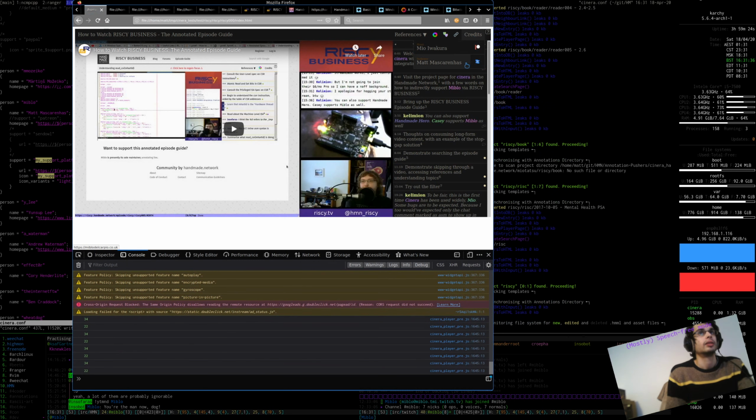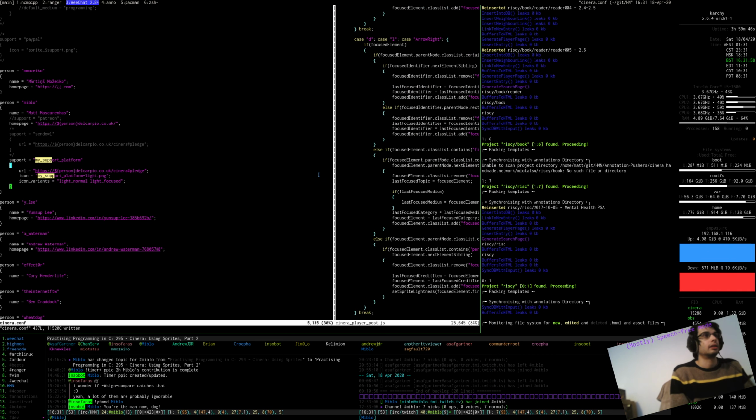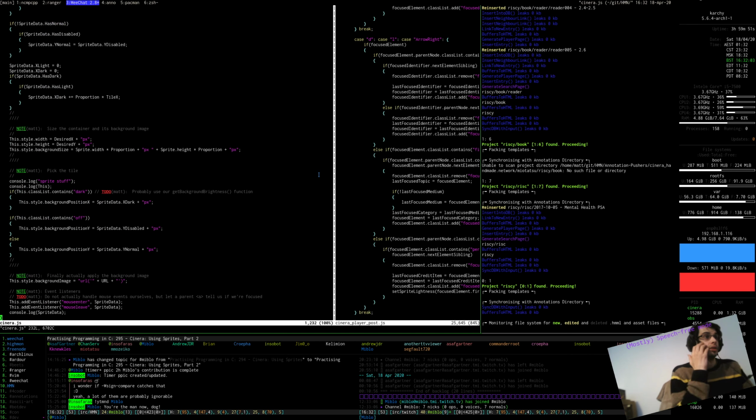Oh yeah, that's come through. Oh dude, and it's also actually working in terms of the focusing. Although I think that's actually a product of the event. So really what we want to be doing there is not handling it directly by that, but leaning on the parent, really. So rather than having this, we want to say something like, if the class list contains focused,